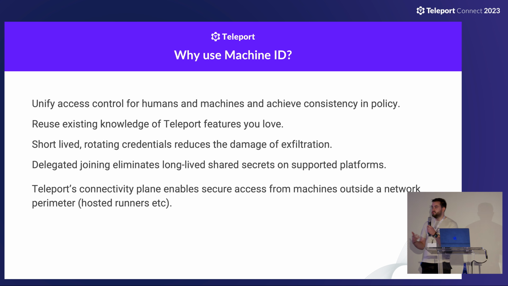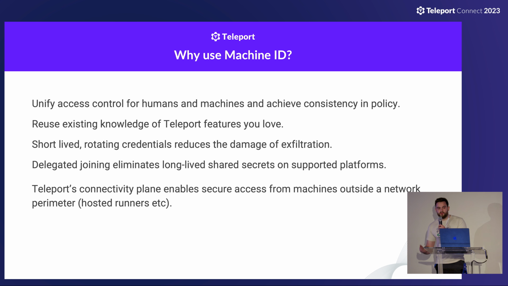review the access granted to your human engineers every so often. You might not be completing this process for your machine access as well. It might not be required by your audit. But by bringing machine access onto the same platform, when you review your human access, it only becomes natural to review your machine access. And that kind of consistency in policy is only going to reap benefits.